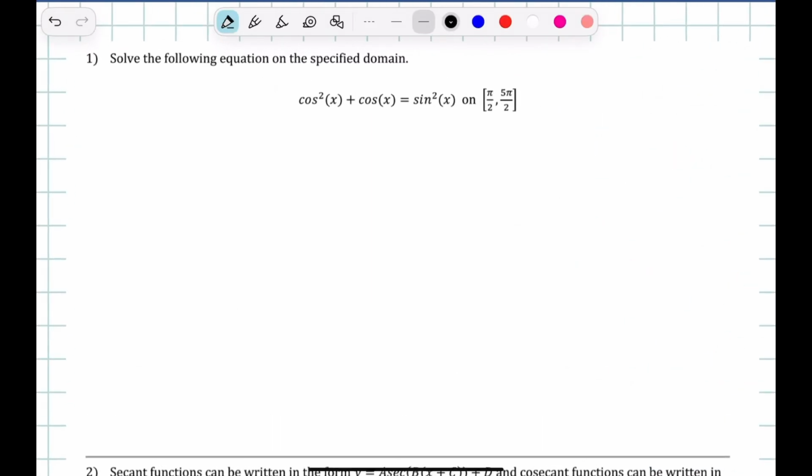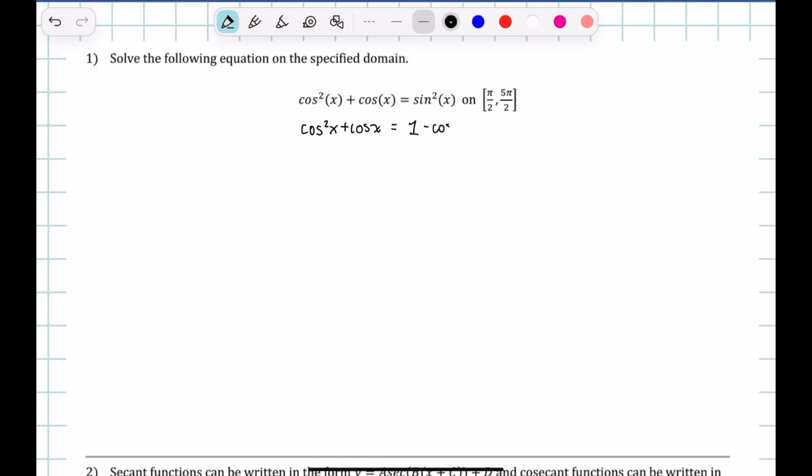Okay, in this video, we're going to be doing some trig practice. So let's start with this problem. Solve the following equation on the specified domain. So to start with this, we're going to write this as cosine squared of x plus cosine of x is going to be equal to 1